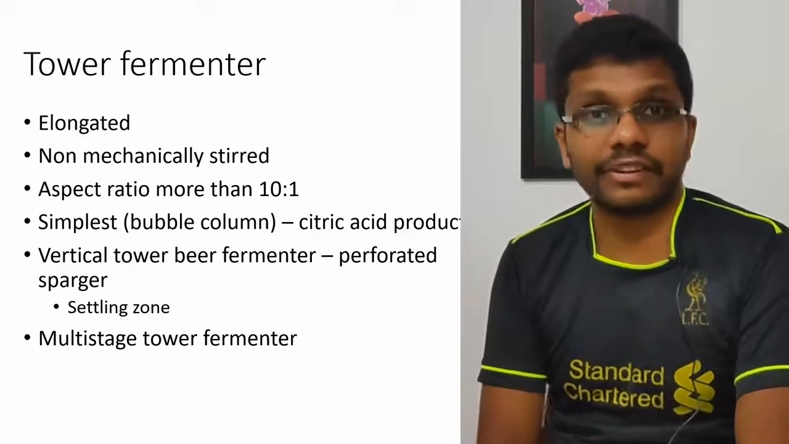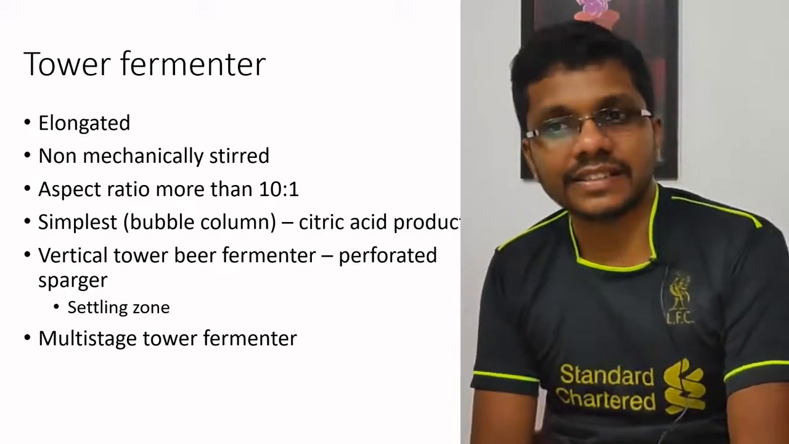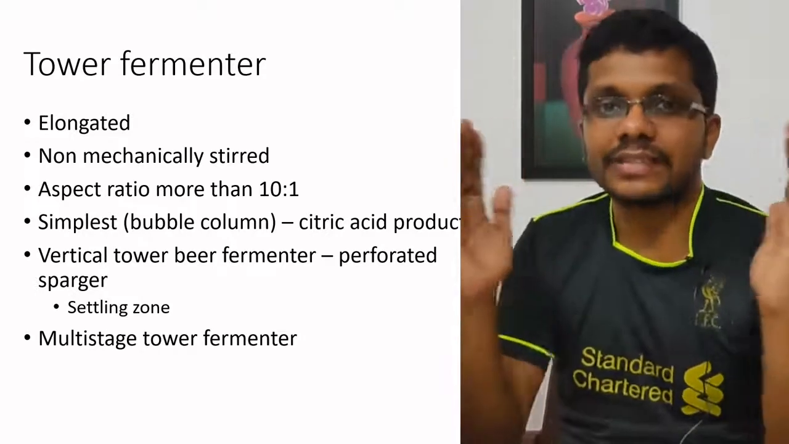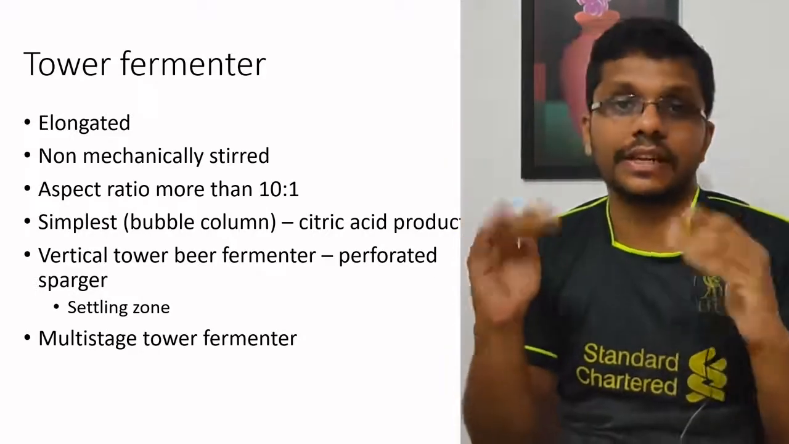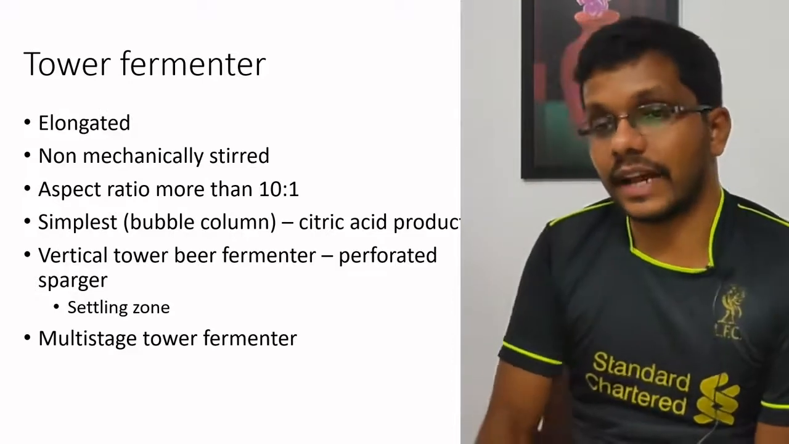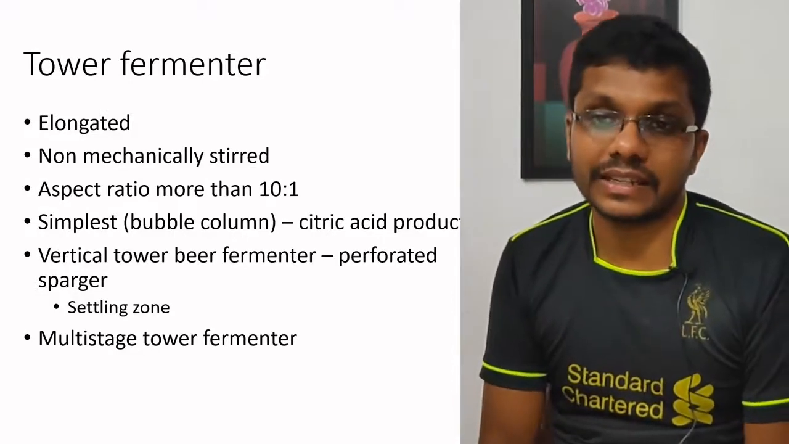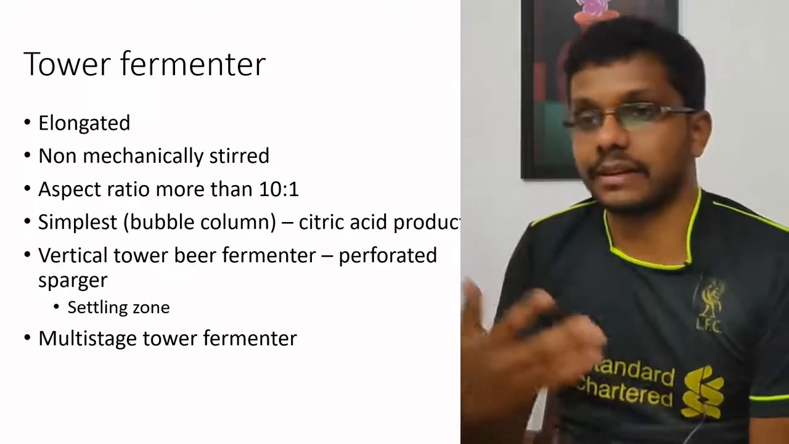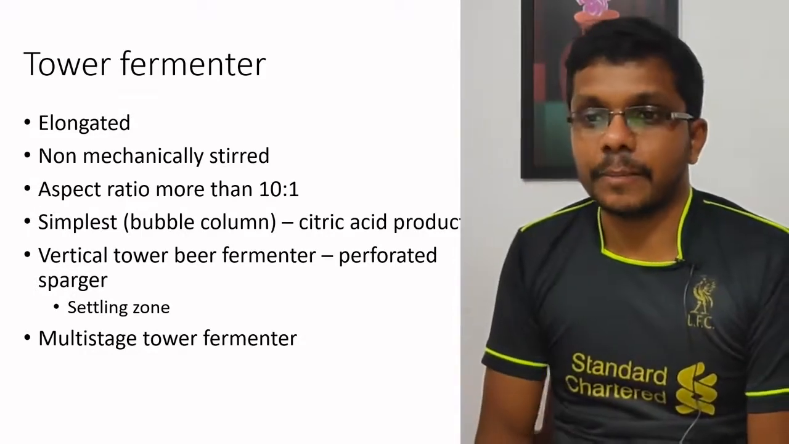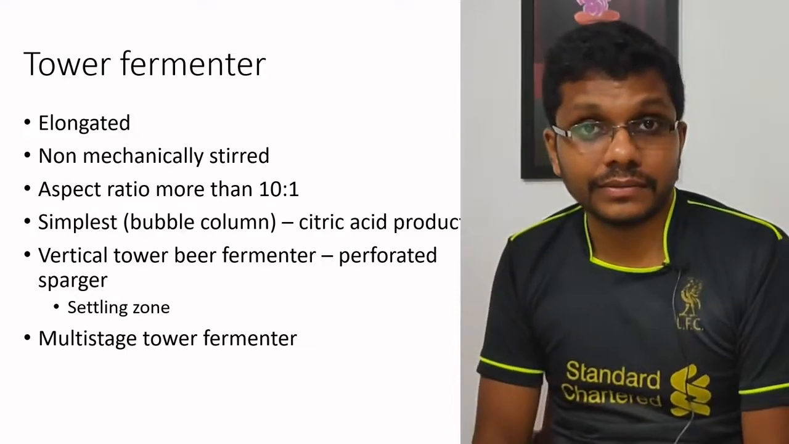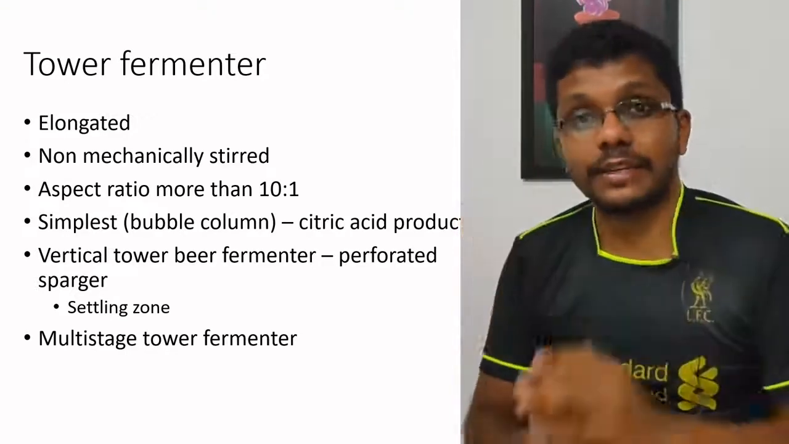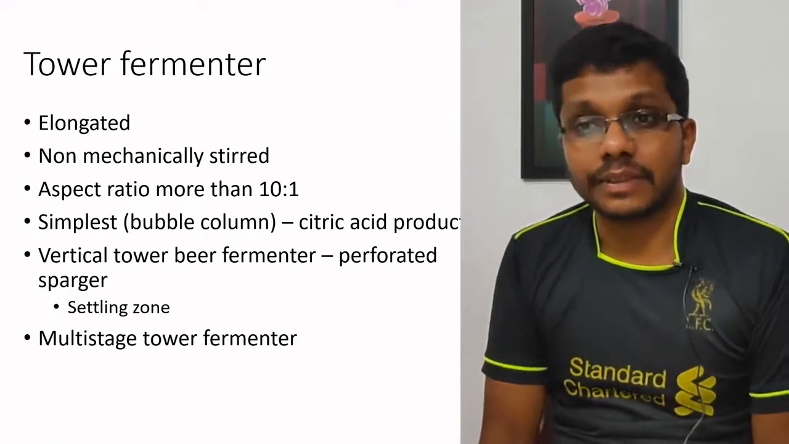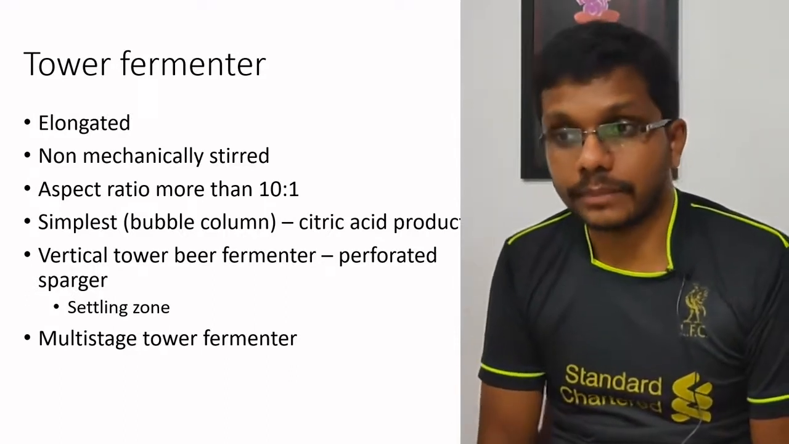For example, tower fermenters. As the name implies, tower fermenters are elongated fermenters. They are fermenters with less diameter and more height. Another peculiarity of tower fermenters is that they are not mechanically stirred. There won't be any mechanical stirring mechanism in the tower fermenters. The aspect ratio is 10:1, height 10, and diameter 1. So, pretty elongated fermenters. And the simplest form of tower fermenter is called a bubble column, which is used in citric